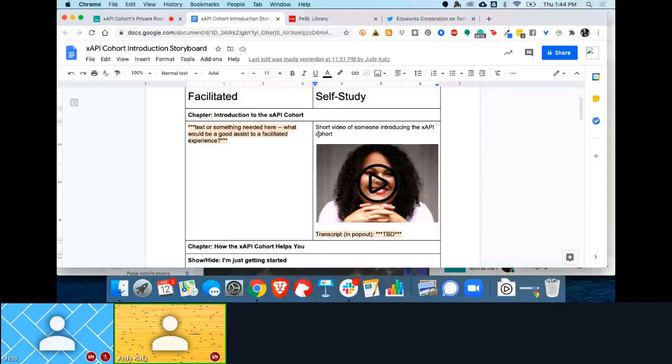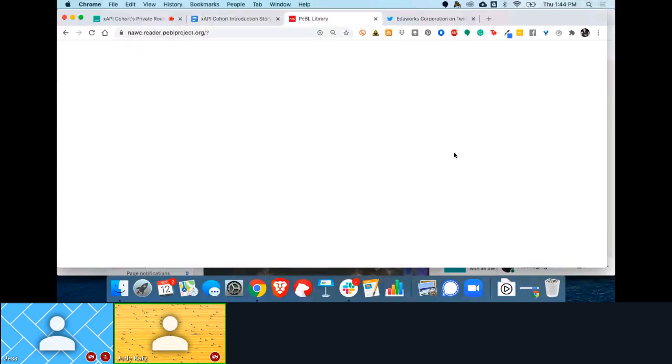So in the book, we actually discovered some things that need to be updated in the plugin. So things are rough. I'm going to go over to a Pebble reader that is already stood up. I'm just going to use